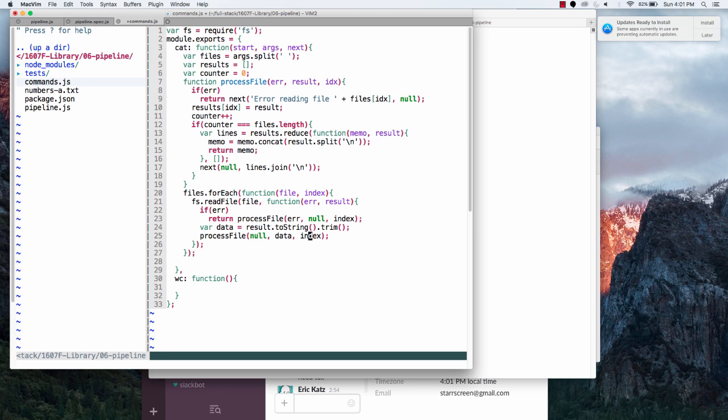If I didn't really care about the order, I wouldn't really worry about it. Although in my case, the order is not going to be terribly critical because I'm reading the same file. But let's actually look at this process file. This process file is going to get a possible error, a result, which would be the information that got